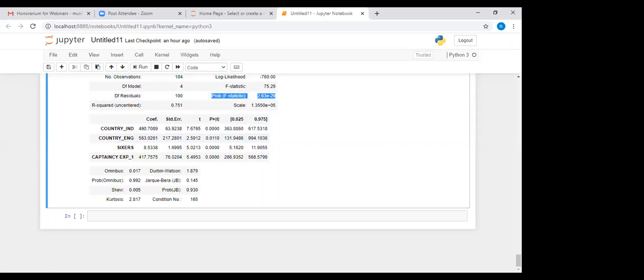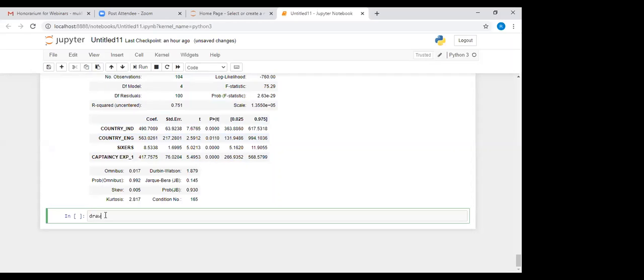Now if you draw the PP plot for the model, I have defined the draw PP plot function previously, so I have just called that function for IPL model 4.